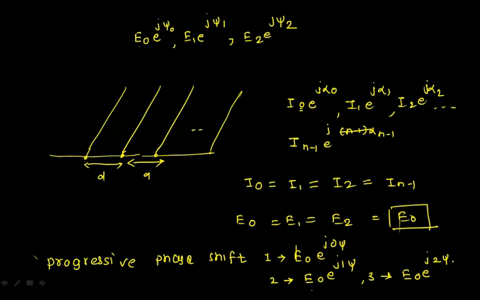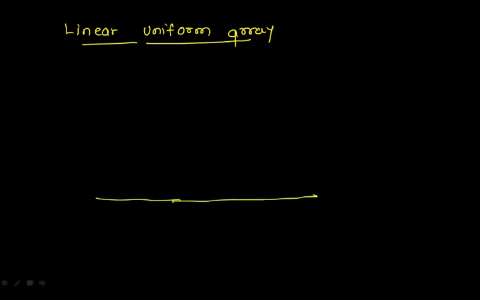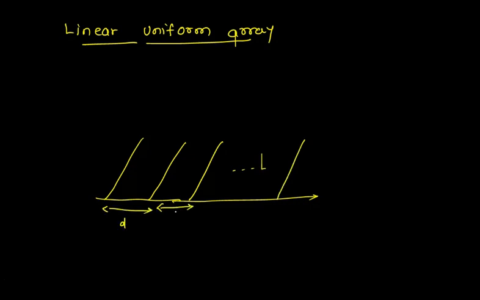So if I'm considering a linear array, or a linear uniform array, what will be the phase shift of each and every element? This is the x-axis where I'm putting my n elements. This is my element 1, this is my element 2, this is my element 3. I'll have n such elements, and the spacing between each and every element will be the same because they are linear. They are linear as well as having uniformity in their phases. So this is the phase shift or path difference between my element 1 and 2. This will be d cos phi, as we have seen here.